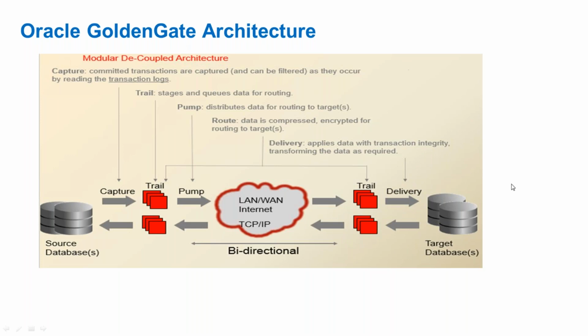So this whole is the classic architecture, which contains capture, pump, and delivery, and it is a command prompt based architecture. Inside the classic architecture, you have integrated capture and classic capture. Similarly, different types of replicates are also available. So under the classic architecture, you have classic extract, integrated extract, classic replicate, and integrated replicate available. Similarly, under the microservices architecture, you have classic extract, integrated extract, classic replicate, and non-integrated replicate.